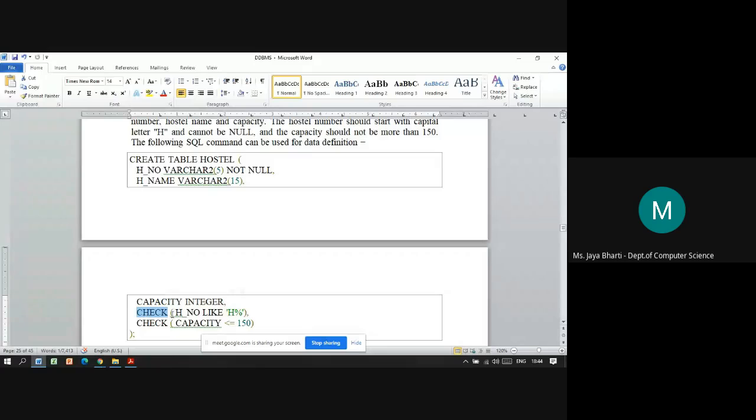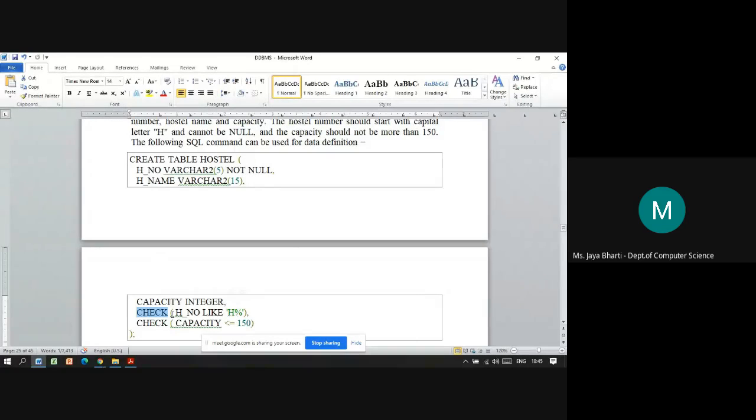H percent means the value will always begin with H, and percent means that after the first character, the remaining characters can be any combination. But the first character has to be a capital H. That's the way we specify it with the LIKE operator in SQL.